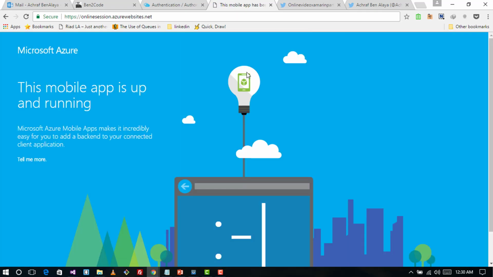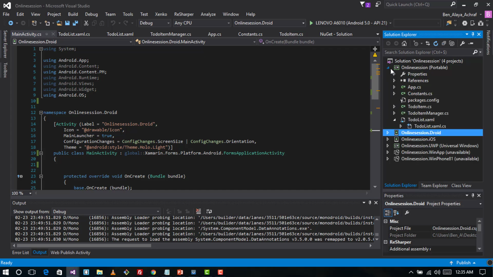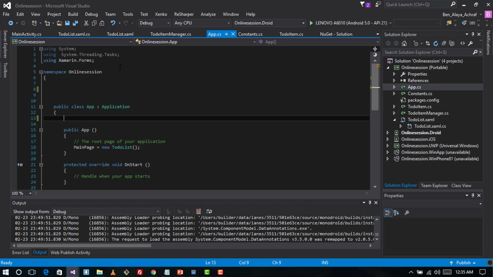Okay, and now we are going to be redirected to our service. Now we have configured the backend. Now we are going to configure our mobile application. Now we are back again to our Xamarin.Forms application. Now under the portable class, we are going to app.cs, our C# class, and we are going to add